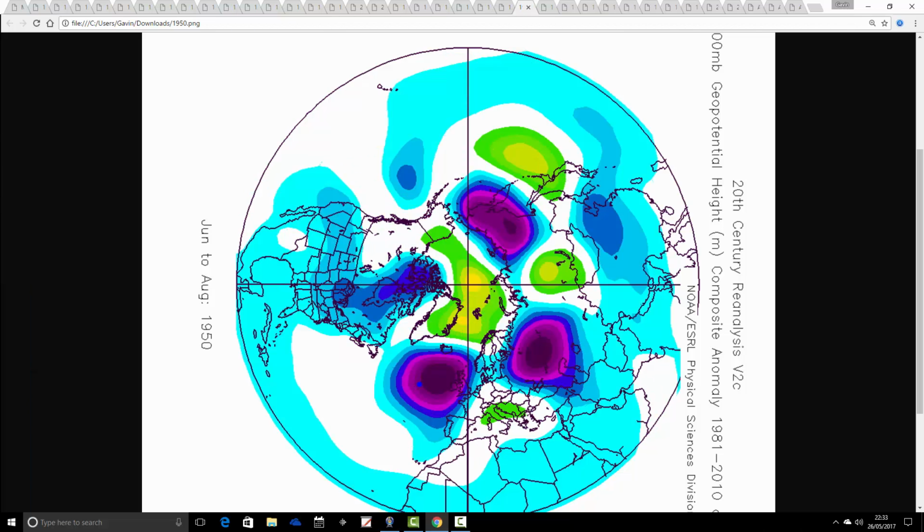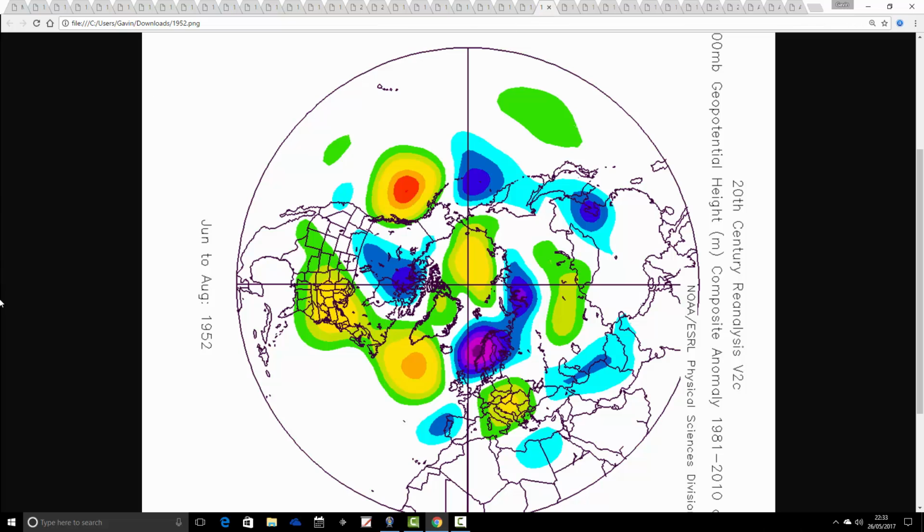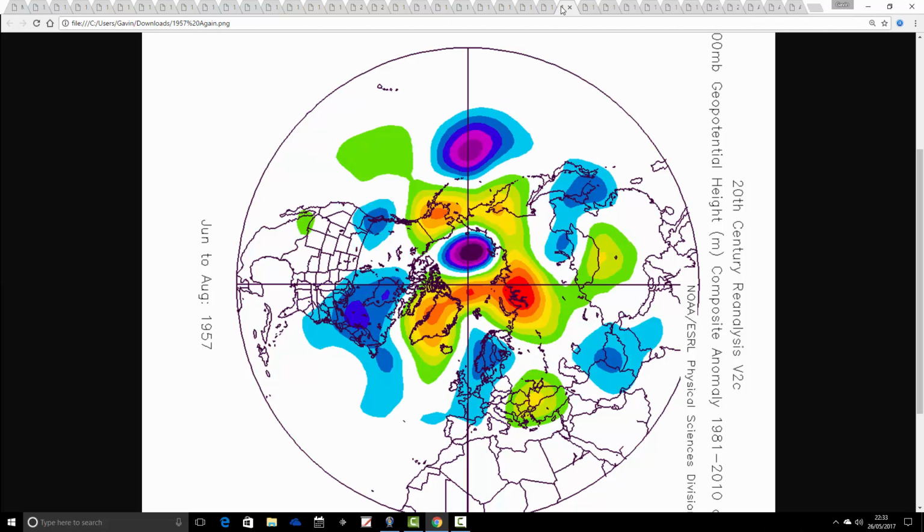1950, we're back to a very unsettled signal, low pressure driving in off the Atlantic. 1952, this was a cool summer, high pressure out to the west, low pressure to the east, bringing the wind down from the north. Reminder of 1957, what that was like,